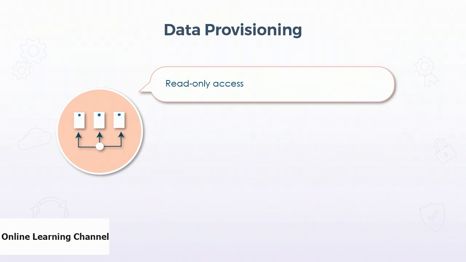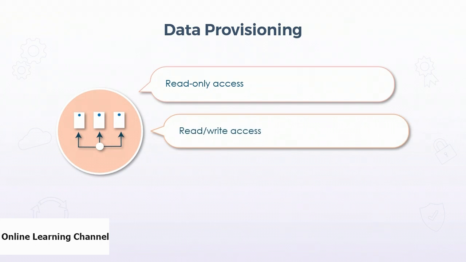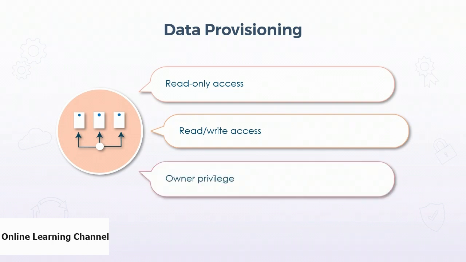Read-only access, which you can assign to users and accounts who should only view data but never change it. For example, the account for a read-only report would have this level of access. Then there's read-write access, for accounts and users that should be able to read but also modify the data. A service that's collecting data and writing it to the database would typically have this access. And finally, there's owner privilege, which gives full access. Now, this should only be used for administrative users and accounts, because it allows for managing database schema and other